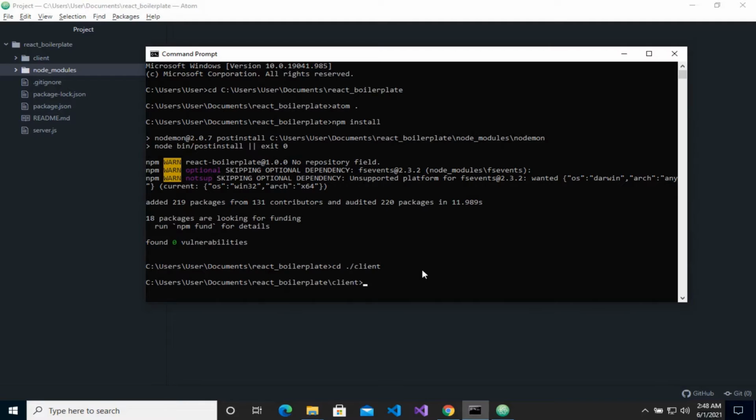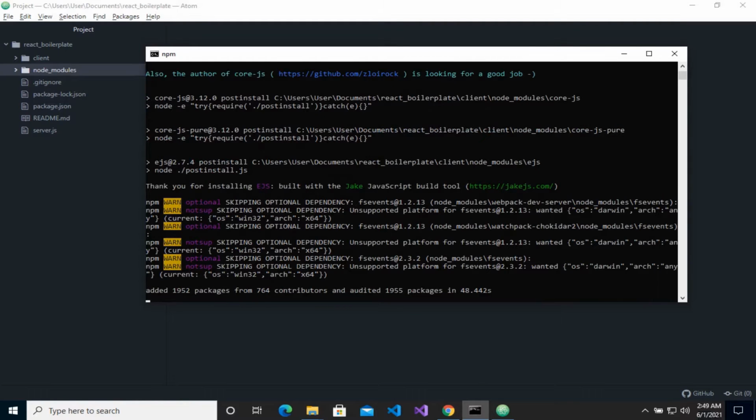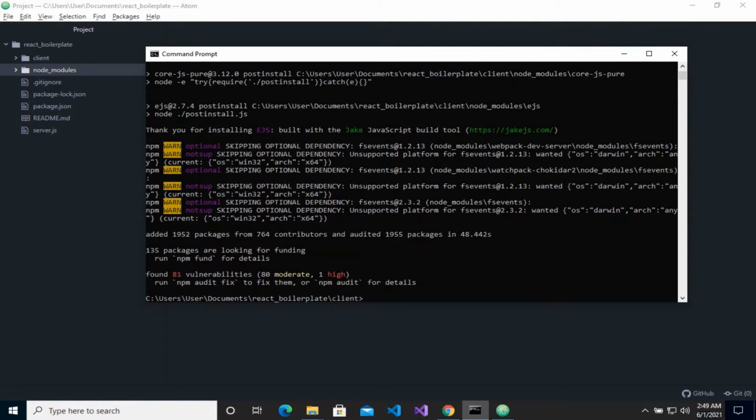And then run the same command again, npm install. Ignore the vulnerabilities for now. I think it's because the Create React App has recently updated and all the fixes for the modules haven't caught